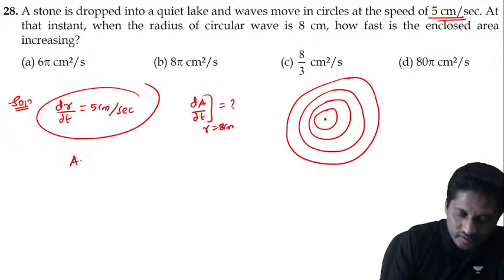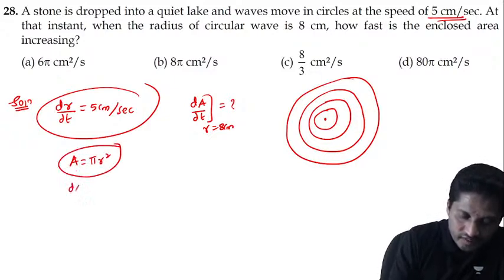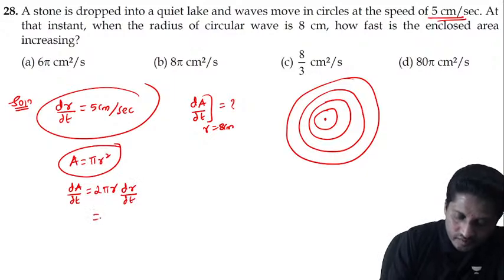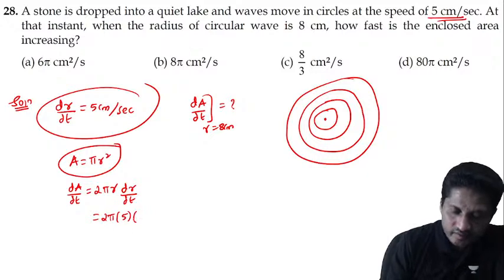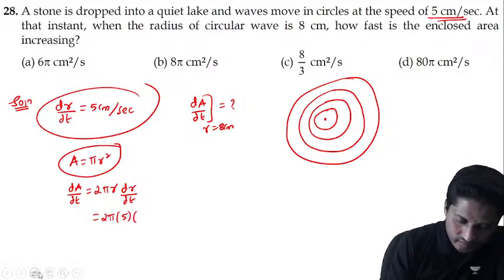Okay, area of a circle is equal to pi r square. Now if I differentiate, dA by dt is equal to 2 pi r into dr by dr by dt. Is equal to 2 pi, radius is 5, dr by dt is equal, radius is 8. If I substitute